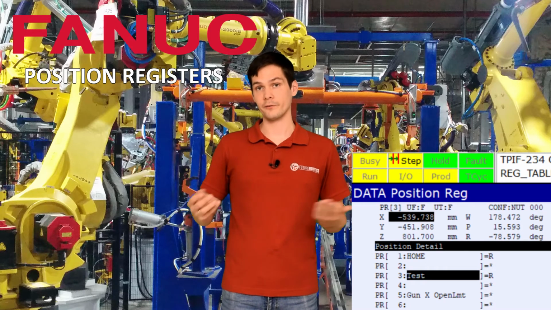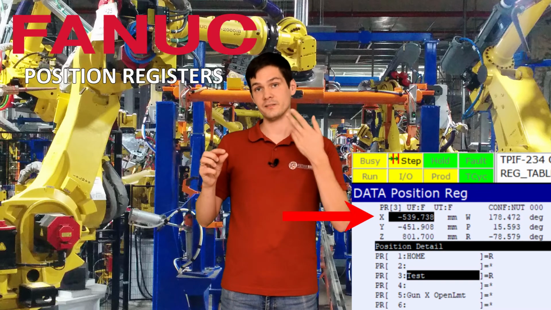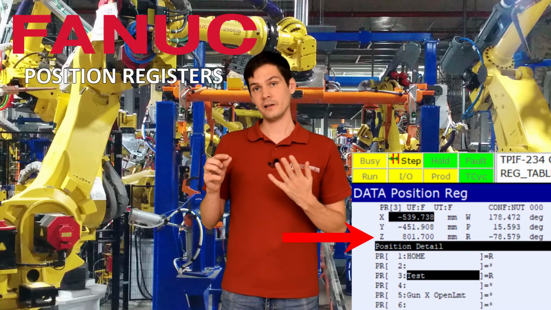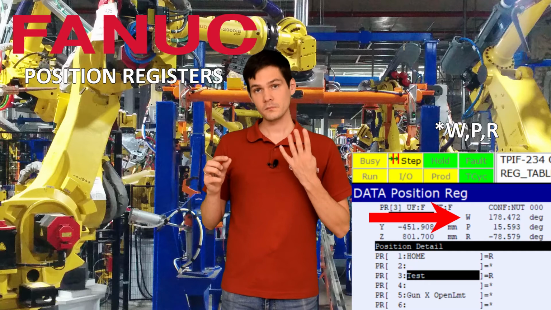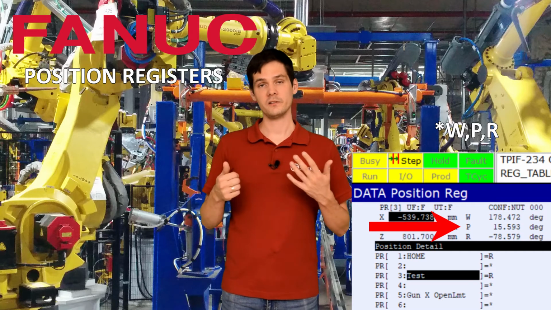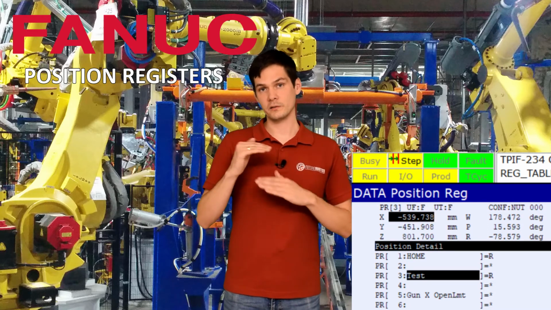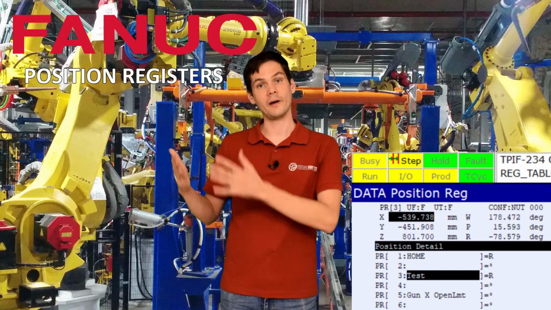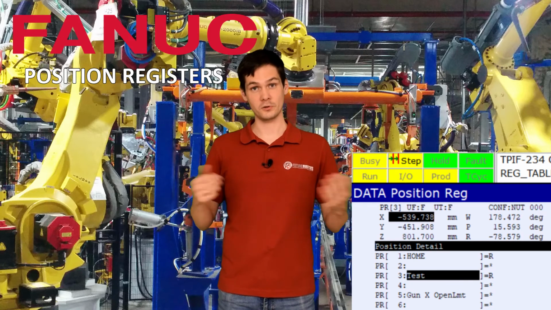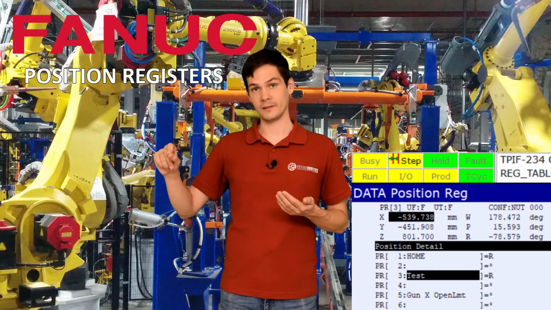So basically you're going to have position register 1, and then value 1, which is going to be the X, value 2, which is going to be Y, value 3, which is going to be Z, value 4, which is going to be P, value 5, which is going to be R, and value 6, which is going to be W. So you can imagine that you took 6 registers, assigned them to a group, and there you go, that's your position register. The same applies, of course, for the joint. Joint 1, position register 1, comma 1. So now,